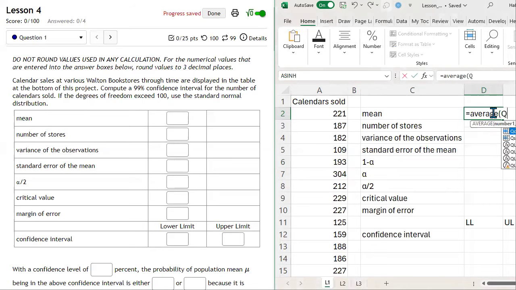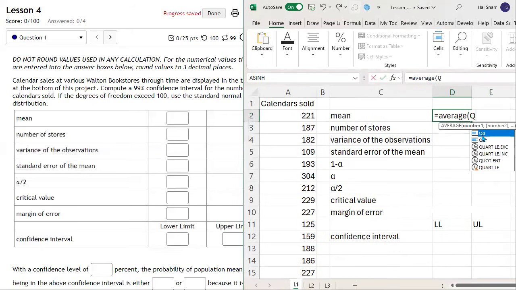And then I'm going to type Q. And notice when I type Q, I get QD, QS, and then I get some functions. So these are named cells. You can call these Excel objects. We named these. These down here are predefined functions in Excel. Some programmer built these for Excel. They lie underneath Excel. So we're going to type QD because we named this column of numbers quantity demanded, QD for short. So the average quantity demanded is